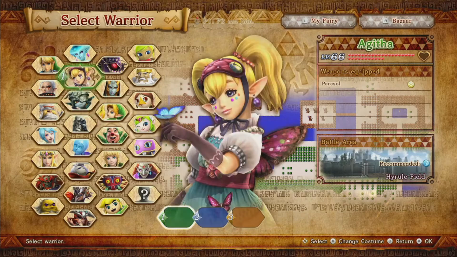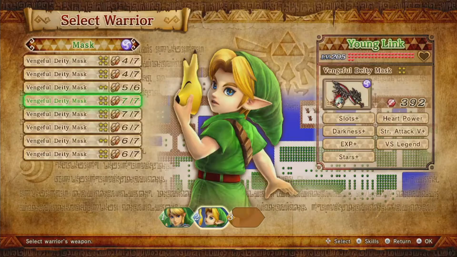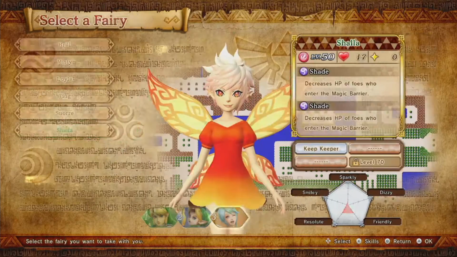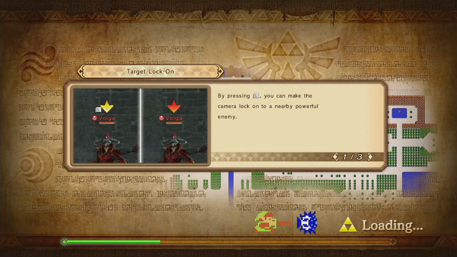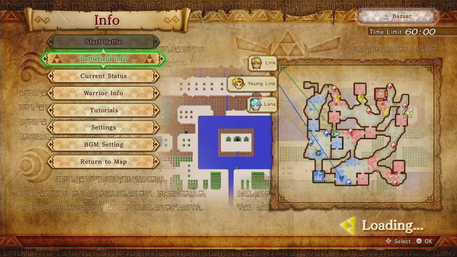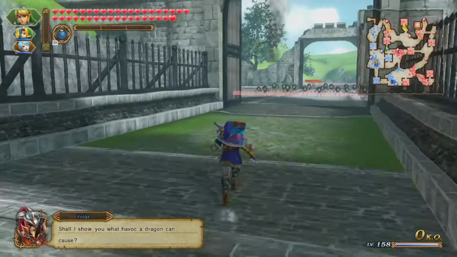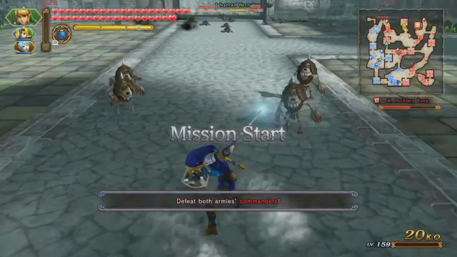Okay, I'm gonna just main Link here instead, and use the other characters as backup. Because from what I found, Link can definitely get a lot of kills a lot quicker, so I feel like using this is the best option. And yes, we will see what the effect of the Phantom Hourglass does eventually. But of course, if we face any battle with a giant boss in it, then we'll just...